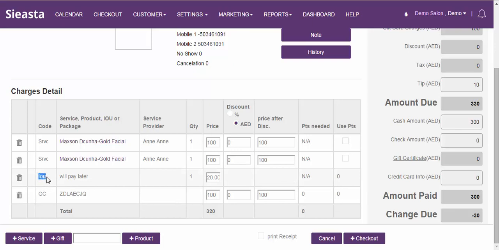As you can see, IOU will pay later is already added here. So in case the customer does not pay you on his next visit, it will automatically be added in his next checkout. You can complete the checkout by clicking on the checkout button.